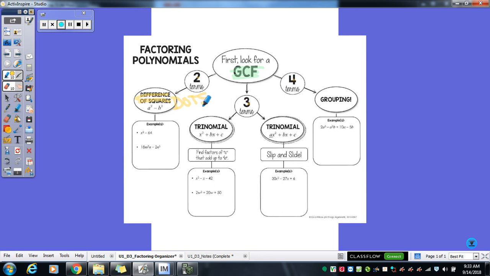If you got 3 terms, you then do your trinomial factoring, whether it's just where a is a 1 or a is something else. And then if you've got 4 terms, you're going to do something that we call grouping, which we haven't actually done grouping just yet, but we will do grouping in a couple of days. So that's your thought process when we're doing factor completely. First GCF, then figure out 2, 3, 4. And as you saw in some examples, you don't even have a GCF in some examples. So then you would just move past that and ask yourself, okay, do I have 2 terms, 3 terms, or 4 terms? These examples we're going to